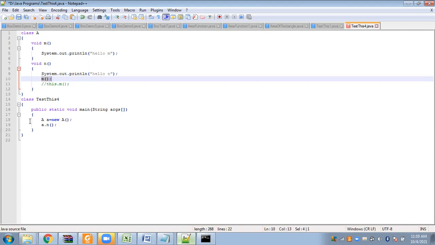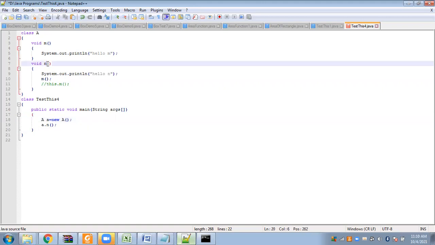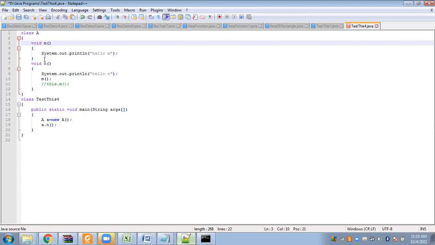Now inside the test class, we have the main method. There we are creating an object of class A, and with that object A we are simply invoking the N method. We will not invoke the M method, because if you call the N method using the object A, N will call the M method.